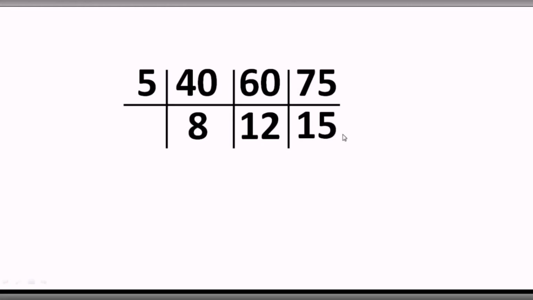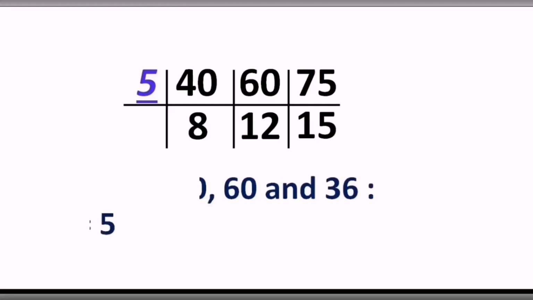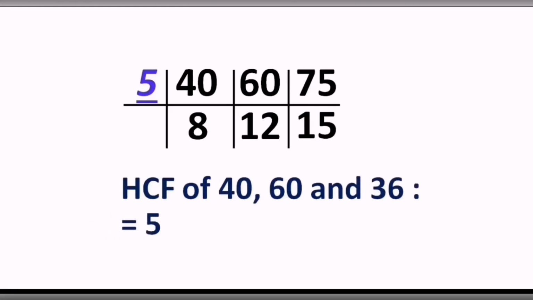Okay, so if you observe these numbers, you will find that 8, 12 and 15 are not present in one and the same table. Okay, they are not all even, so not divisible by 2. If you add the digits, 8 is not there in the table of 3. Okay, and also, they are not present in the 5's table. And if you go on checking, you will come to know that these numbers are not present in one and the same table, and that's why we have to stop here, and only 5 is left as our LHS. Okay, on the LHS of the structure, you can say 5 is the HCF of 40, 60 and 75.